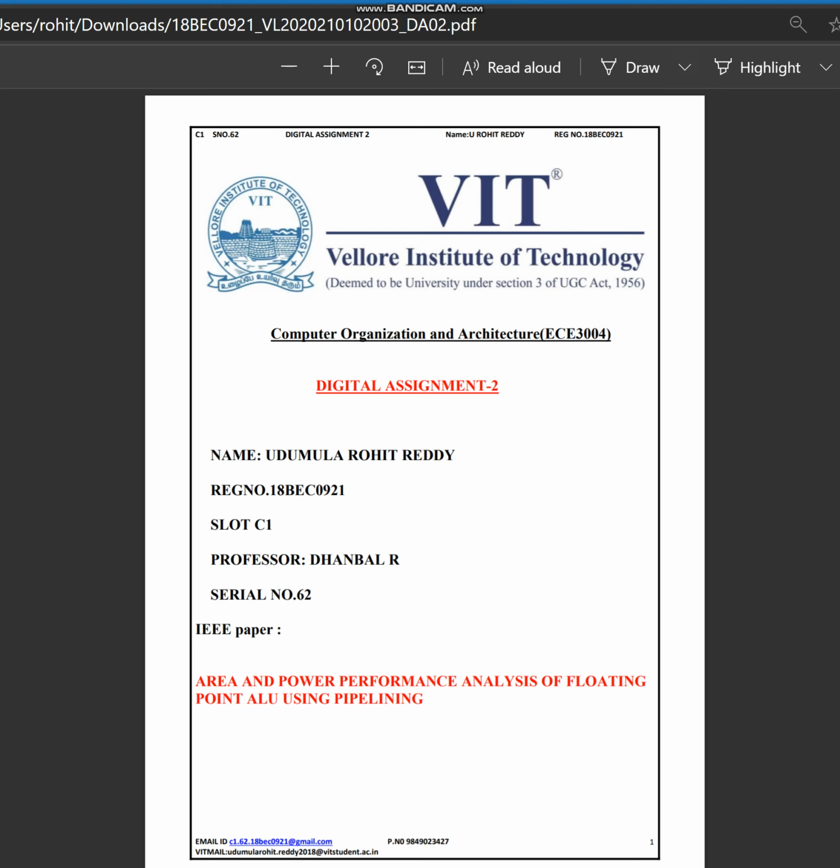I have studied this deeply from this IEEE research paper. In module 2 we understood how basic arithmetic operations are implemented in COA and how signed multiplication and divisions are carried out. So in the selected paper we are computing the area, power and timing analysis of floating point arithmetic